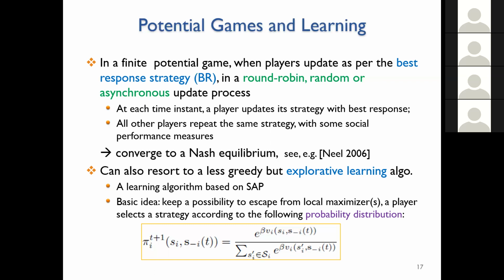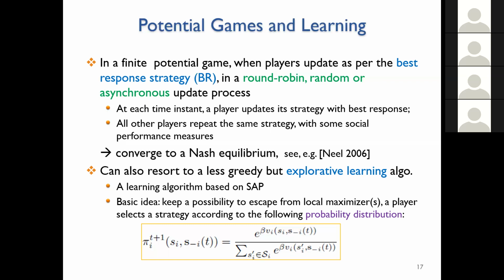And here, as you may see earlier, when we use the FA or FB, the local objective function, this is a social performance measurement, okay? So it can be proved that at the end, when you do this game with best response, it will converge to Nash equilibrium for sure, okay? You can also use another technique